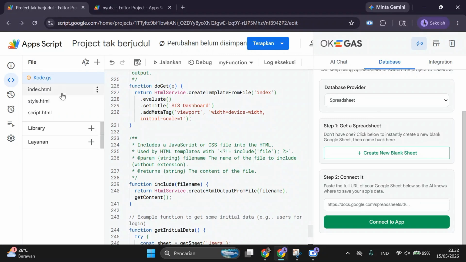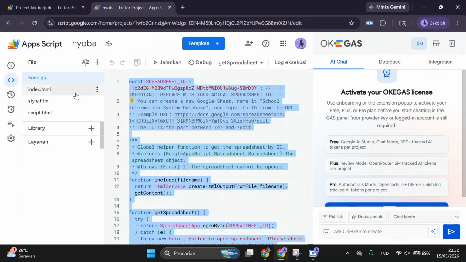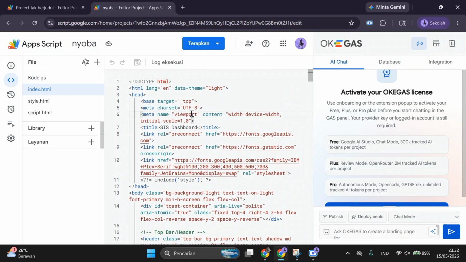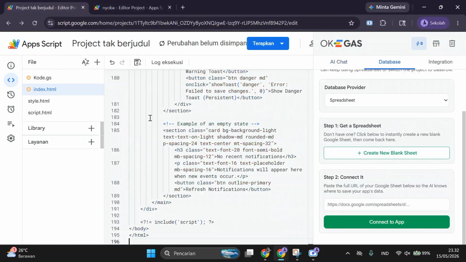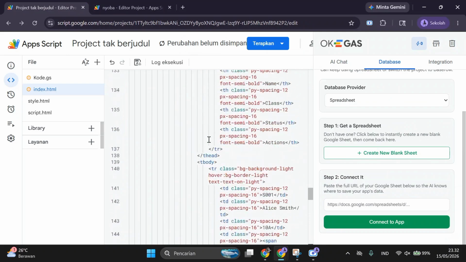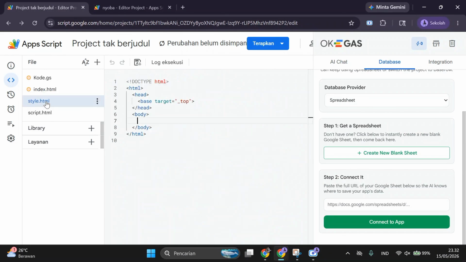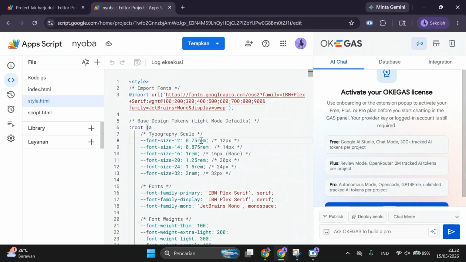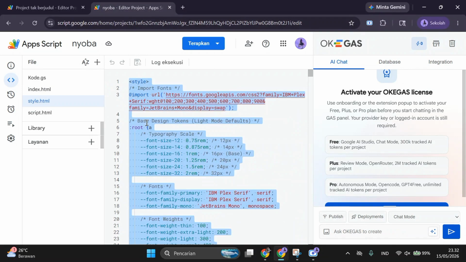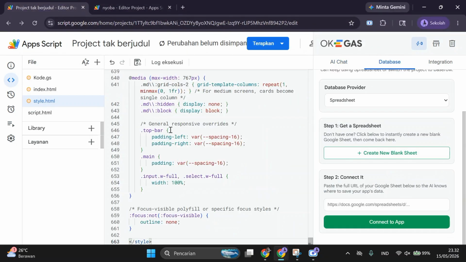And then this JS code is what connects to the spreadsheet. Basically, this is used to create the database from here. Index.html is just like a normal index file. And then I copy the code from the file before, and paste it in the new project, in the new file style.html.